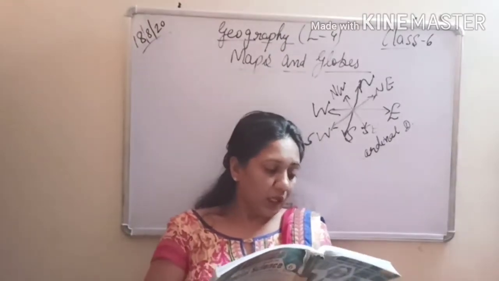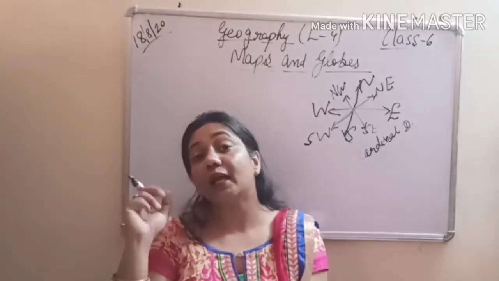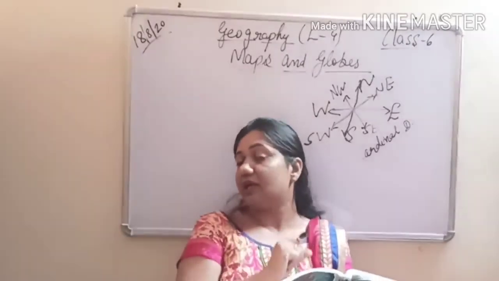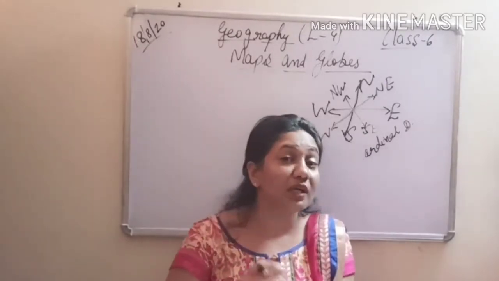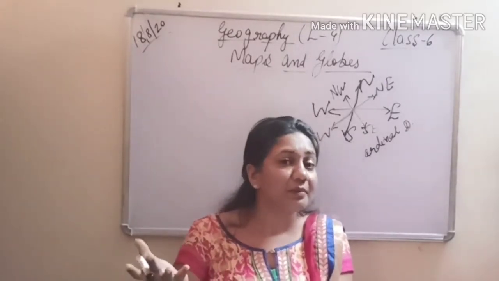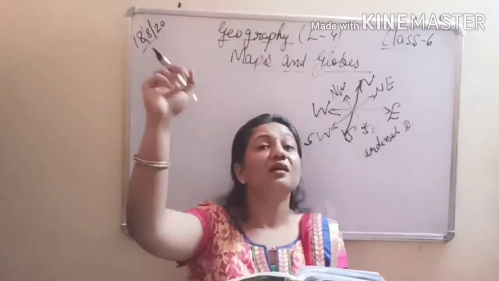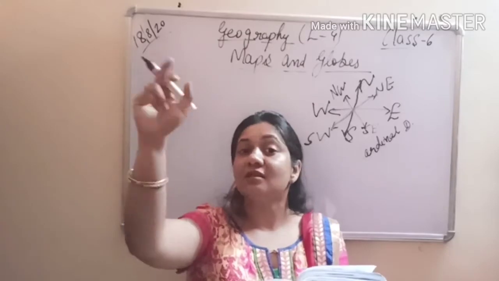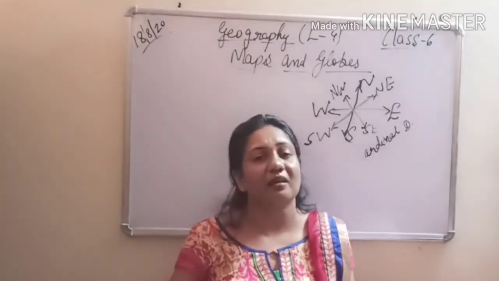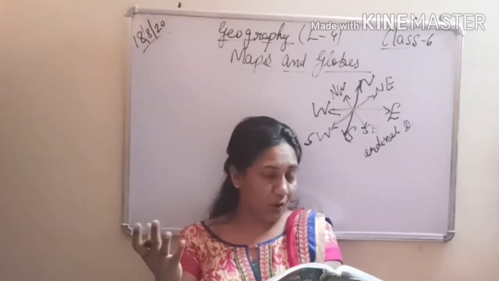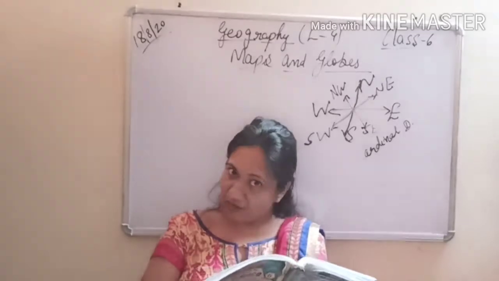Okay. Then one more thing they have given you is the help of the pole star, as we have done in the previous chapter also. The pole star, it is always pointing towards which direction? We have already done this in the previous chapter. Yes, it always points towards the north pole. So that is the north direction. If we know the north direction, then all the other directions can be easily calculated. So how? Let's see. We can know the direction at night with the help of the pole star.